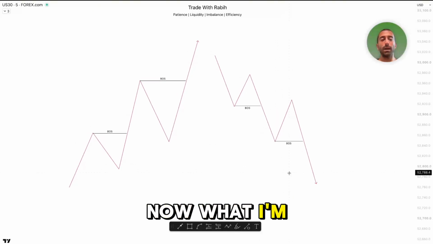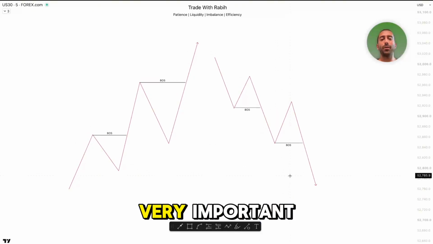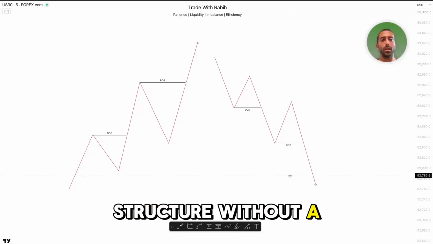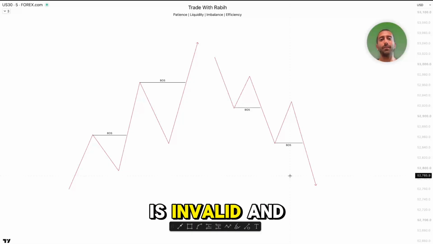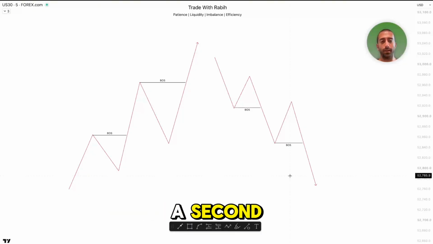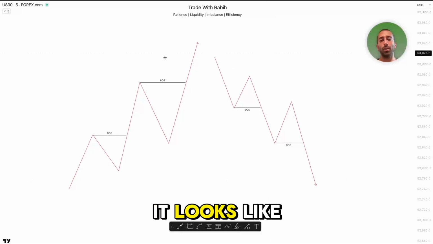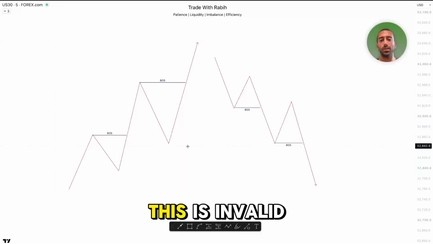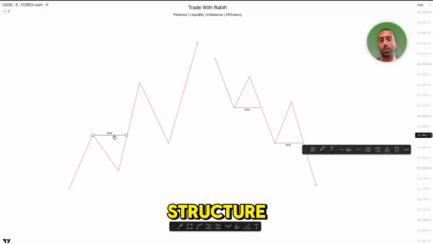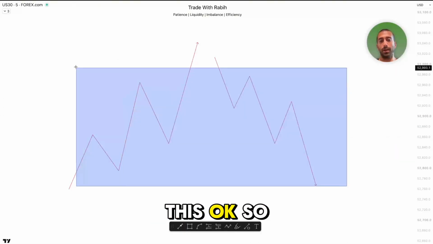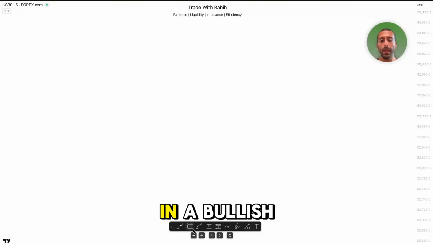Now, what I'm going to teach you right now is something very important. Any break of structure without a liquidity sweep is invalid. And if you don't know what liquidity is, I will explain to you in a second. Okay, let me just show you how it looks on the chart now. Okay, so I'm going to delete all of this because all of this is invalid. This is not a break of structure. This is not a break of structure. Neither this nor this. Okay, so in a bullish trend,